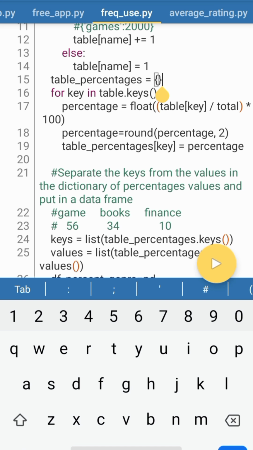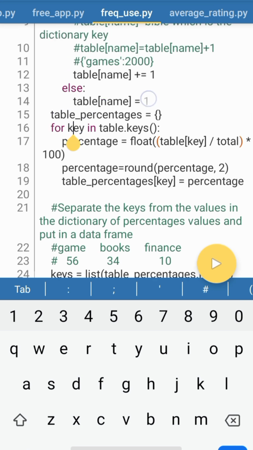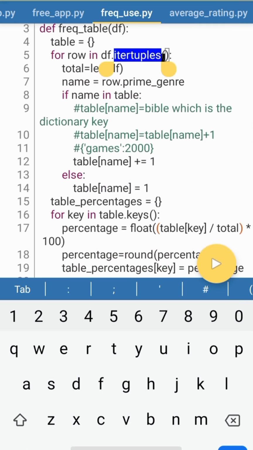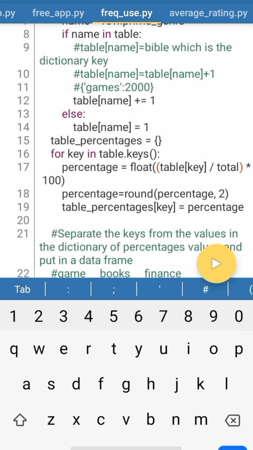Now we want to perform the percentage. We want to get the percentage of, for example, gaming apps. We'll now say for key in table. Don't forget table. This is table here, the dictionary. So we now say for key in table. Don't forget the key is, for example, games. So for key, that is for games in table, percentage will now be equal to, the